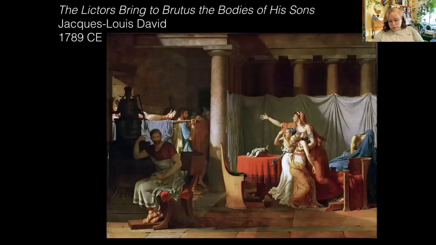Lictors Bring to Brutus the Bodies of His Sons. This is not the Brutus of Julius Caesar. It is that Brutus's ancestor. This Brutus is the one who gets rid of the last king of Rome, Tarquinius Superbus. In case you find this stuff interesting, otherwise zone out for a minute, the Brutus of Julius Caesar, his friend who betrays him and conspires with the Senate, he's a descendant of this Brutus.